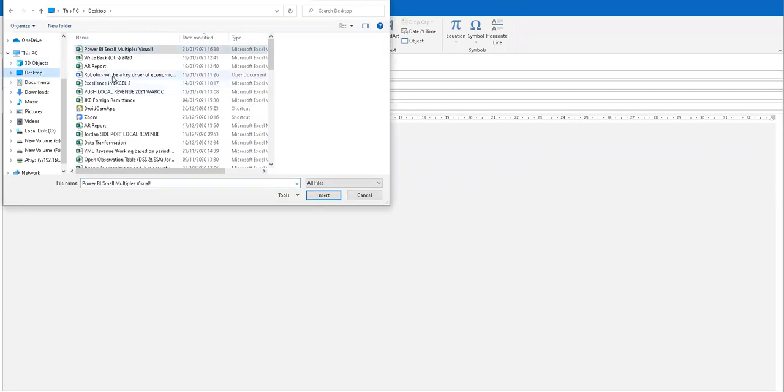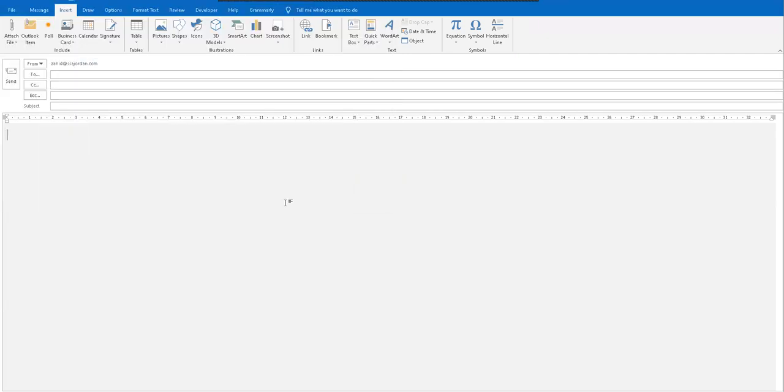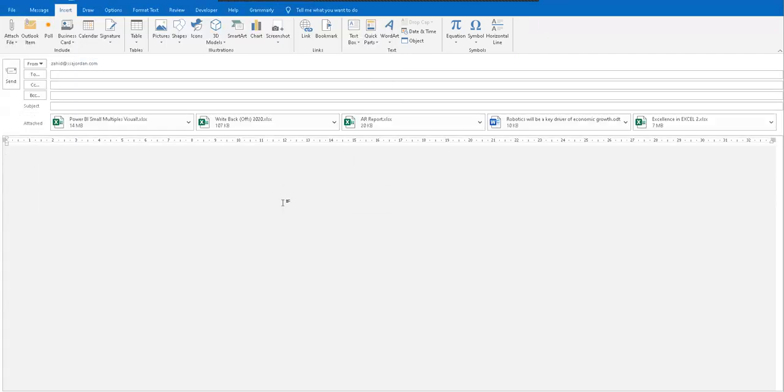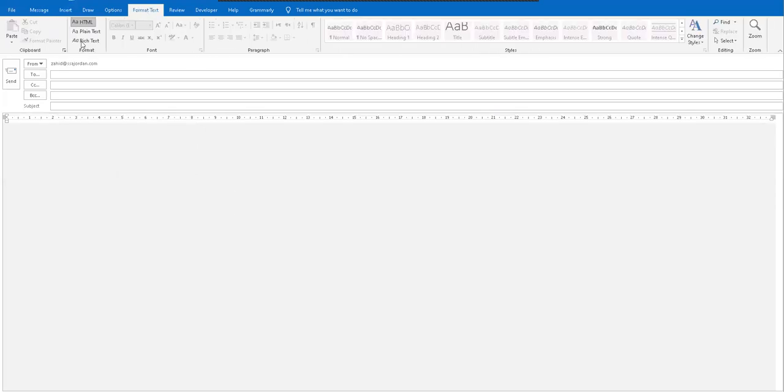Say that I want to attach these 4 or 5 files. Insert it over here. So if I am sending the emails to some recipient, and he's not aware of what is required from him, there's a very important way. I will show you. I will select it all, delete it, go to my format tab,